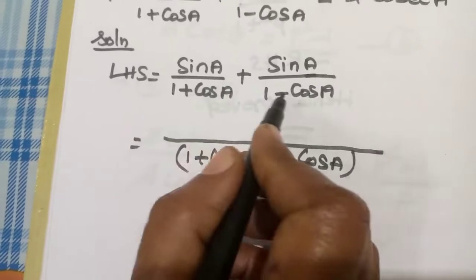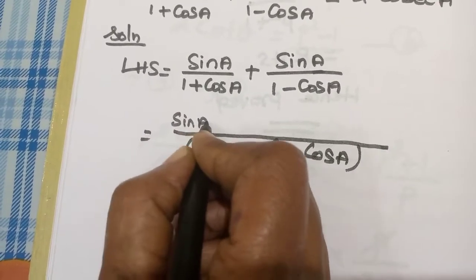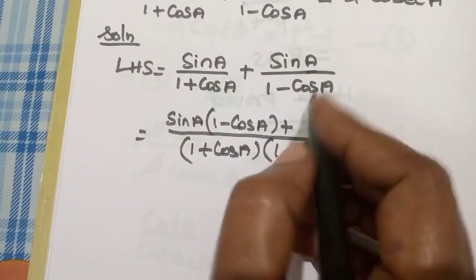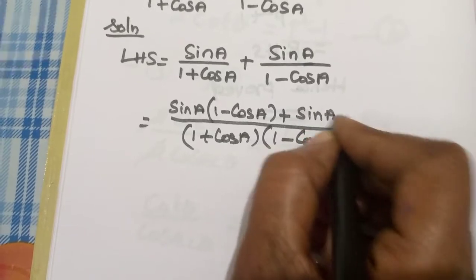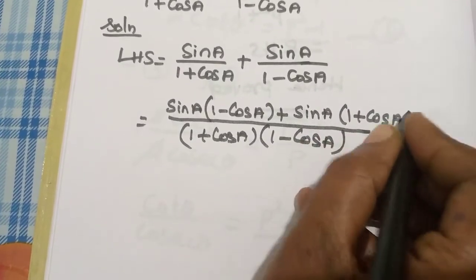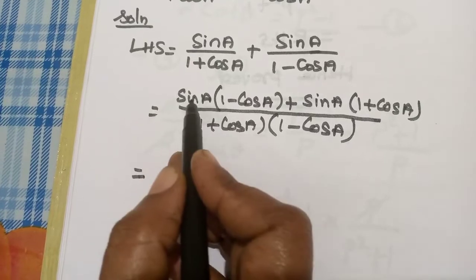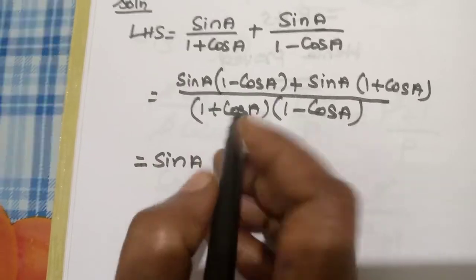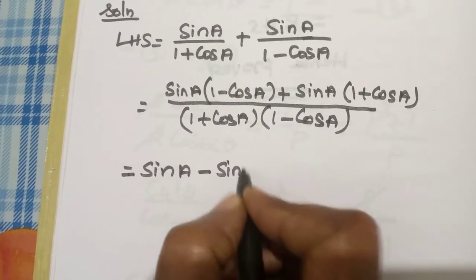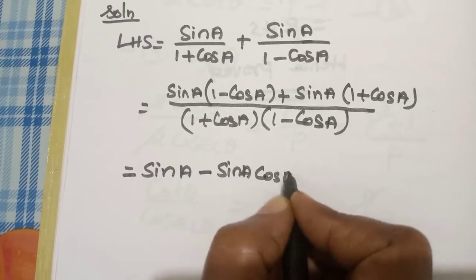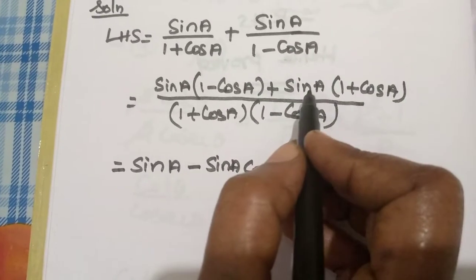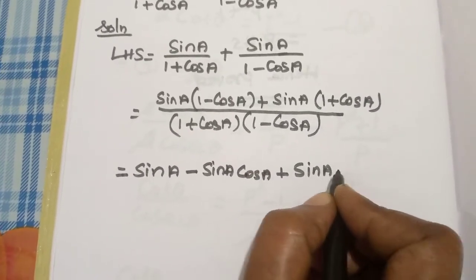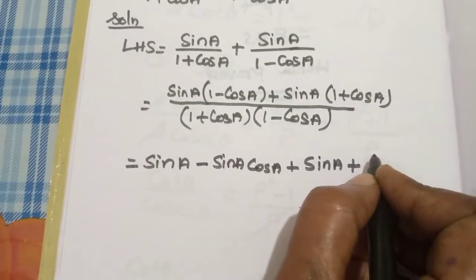Sin A into 1 minus cos A plus sin A into 1 plus cos A, which is equal to, now let's multiply: sin A into 1, sin A, then sin A into minus cos A, that is minus sin A cos A, plus sin A into 1 plus sin A into cos A, that is sin A plus sin A cos A,